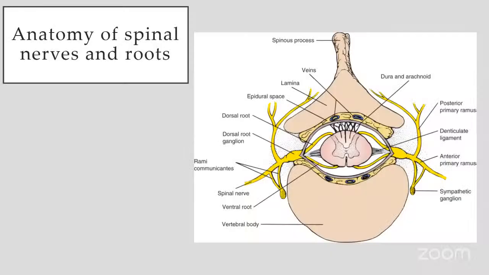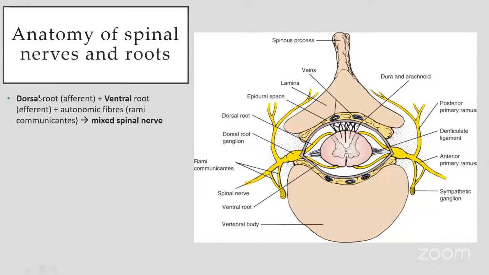Afferents from the dorsal column system enter the spinal cord via the dorsal root, and the motor neurons of the anterior horn cells exit from the ventral areas of the spinal cord, and they form the ventral root, which then joins the autonomic fibers to form the mixed peripheral nerves. The dorsal root, which takes the afferent fibers to the spinal cord, the ventral root, which carries